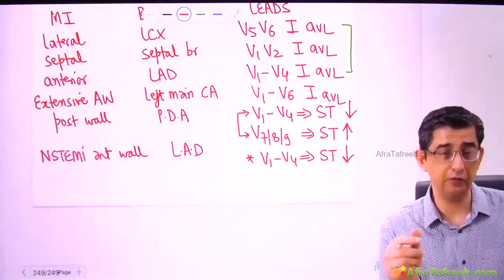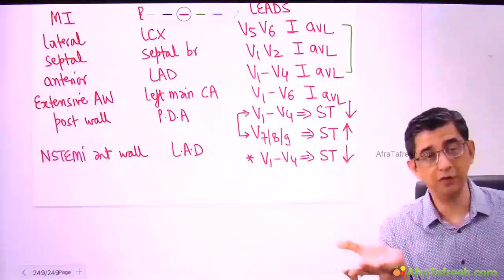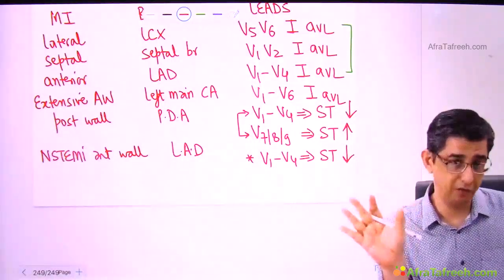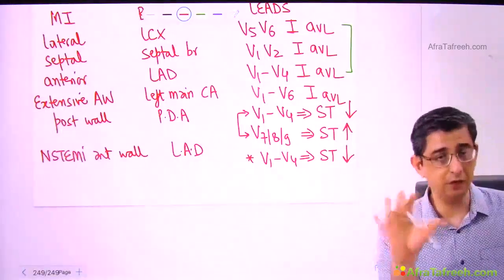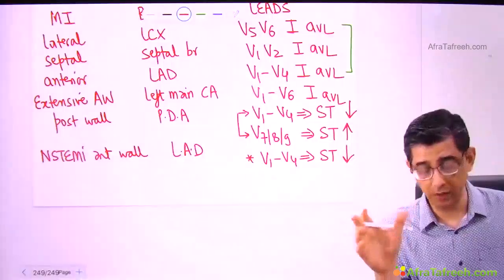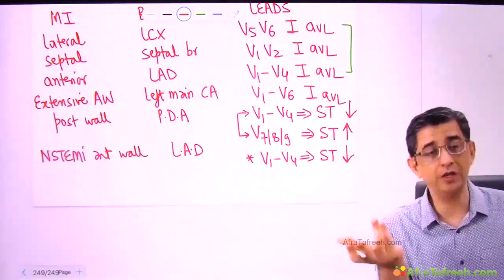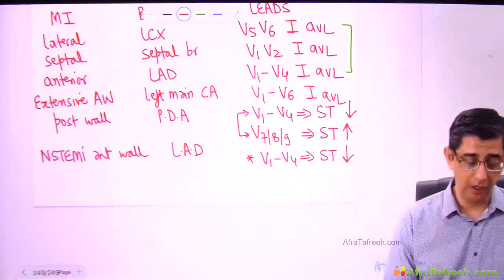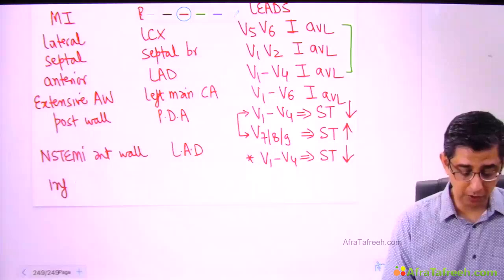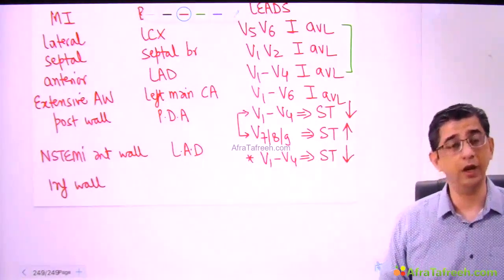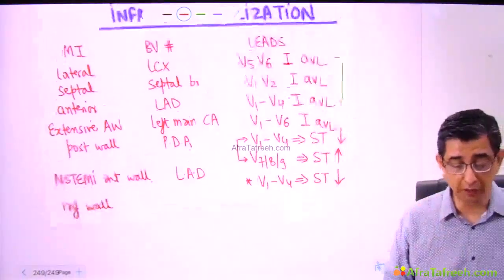See, the point is, if it is non-ST elevation MI, V1 to V4 will anyway be having ST depression. So you have to put V7, V8, V9 by default. If it shows a ST elevation, cool, that's definitely a posterior wall MI. If nothing is given in the question or there were no changes documented, it's a non-ST elevation MI of the anterior wall. And when I describe this information, usually, we tend to get frustrated by the time we reach towards the end of the table, and the examiner knows the fatigue factor will start coming in.